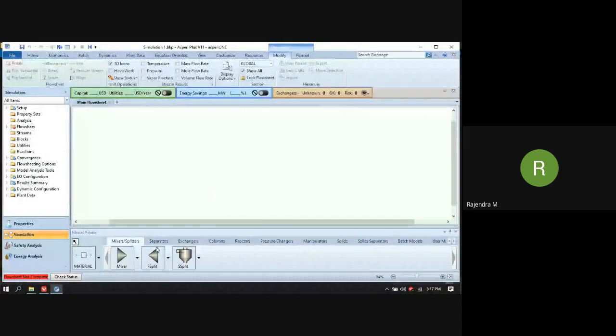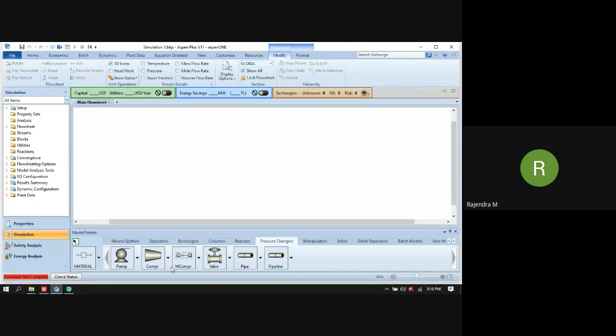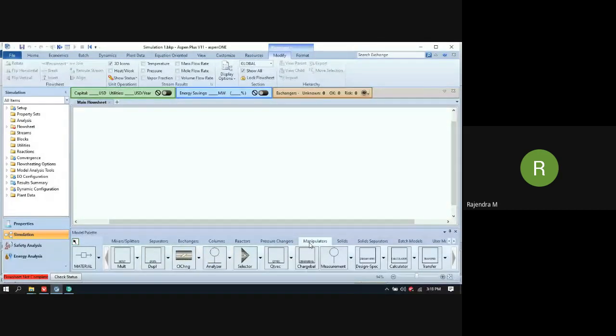Starting from mixer, then we have the separator, heat exchanger, column, reactor, pressure changers. Pressure changer means anything: pump, compressor, valves, pipes, pipeline, etc. Then there are manipulators, which are used to manipulate some kind of variable, like a single stream.